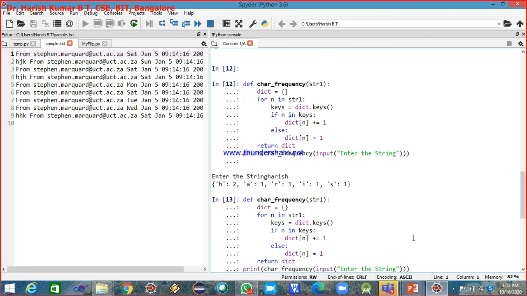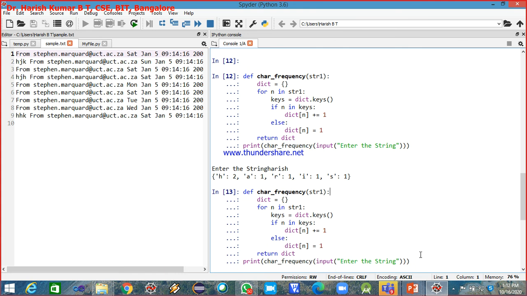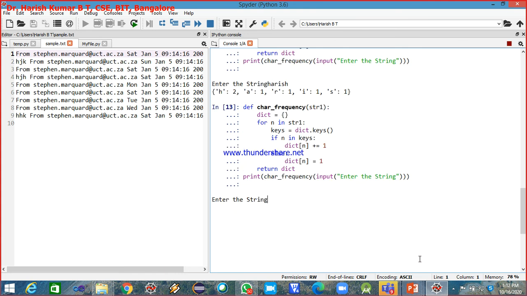Okay, we'll run again and take a different string. I'm writing my full name. See, H has appeared 2 times, A has appeared 2 times, R has appeared 2 times, everything, and space has appeared 3 times. So this is space.